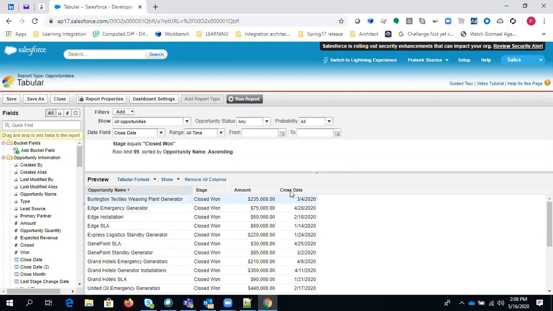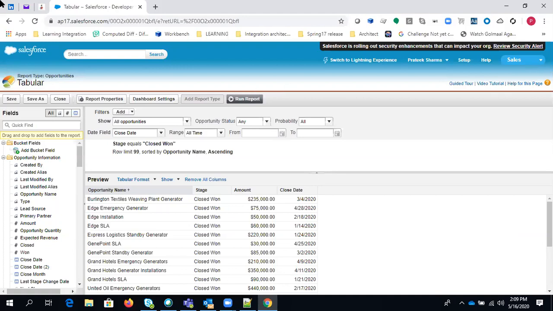Now the second option is how you can create a custom report type, right? So these are the four report formats we have created. Any question related to all these formats you can ask, otherwise we'll move ahead to create a custom report type. We can move ahead. Okay,